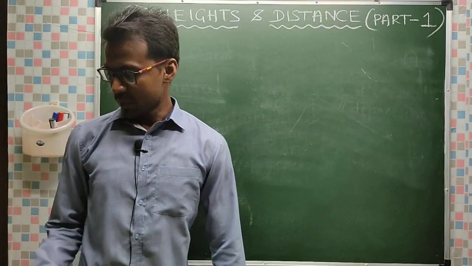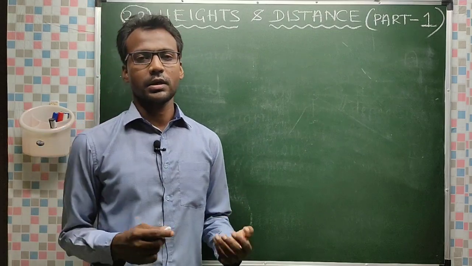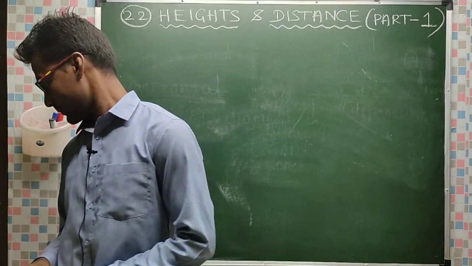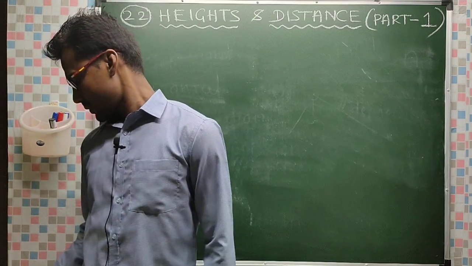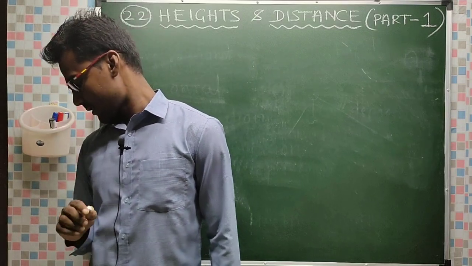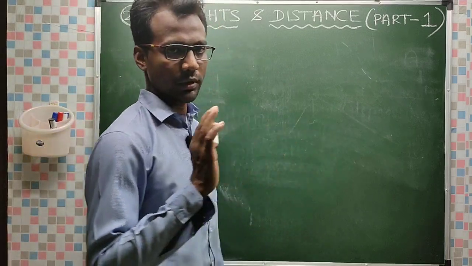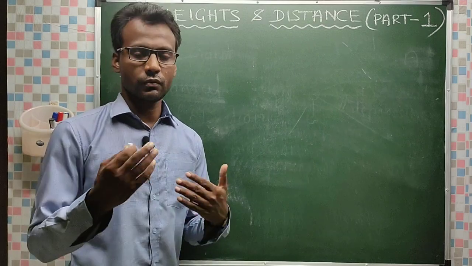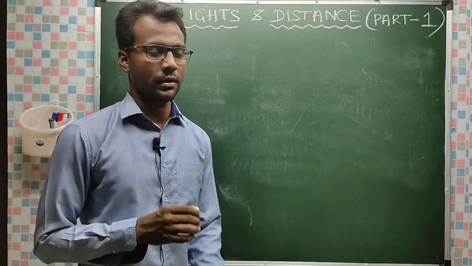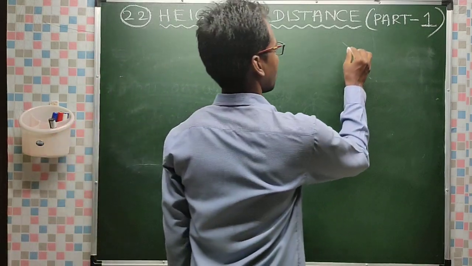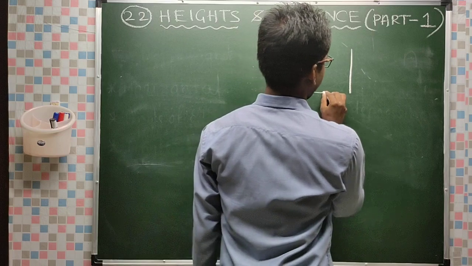Now let us move to examples. We don't have anything new in this chapter. We are going to use trigonometry here and we will be finding height and distance. Suppose two persons are standing on the opposite sides of a tower. So you have to draw the diagram. The question will be given as a word problem. After understanding the question, you have to draw the diagram. There is a tower, and two persons are standing.